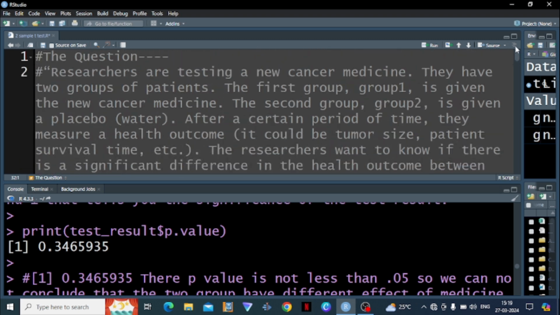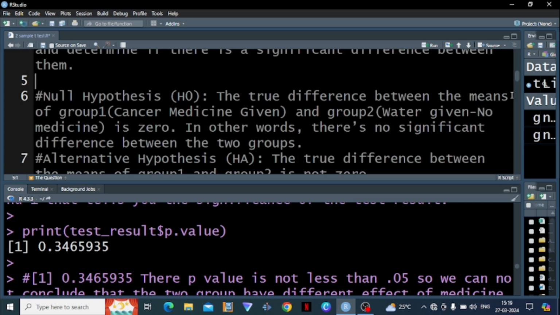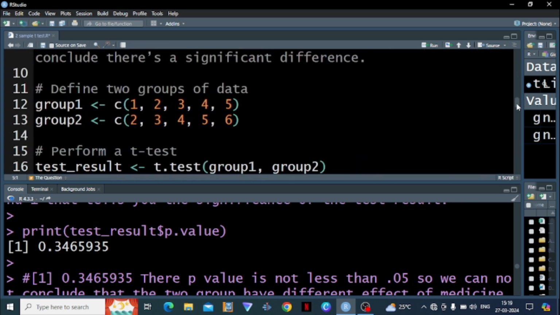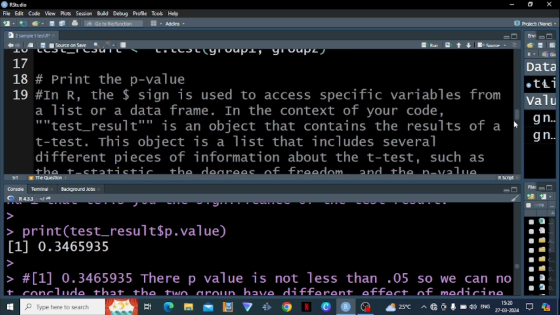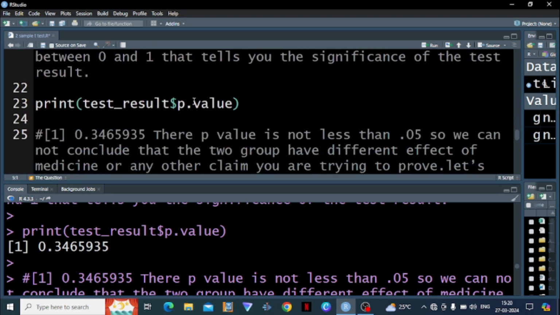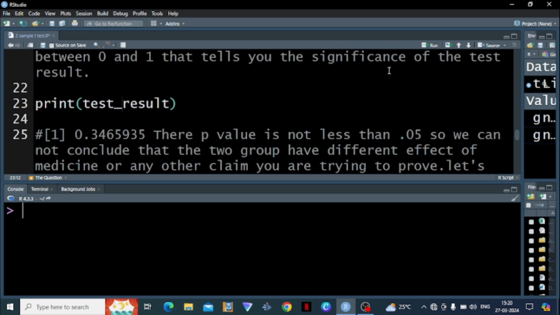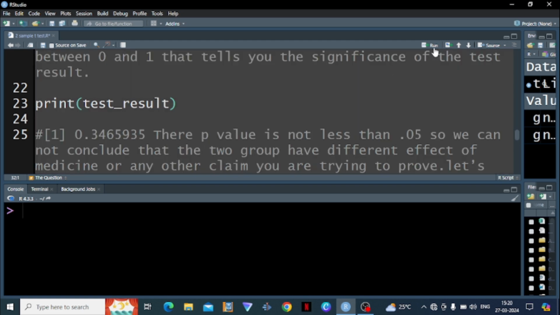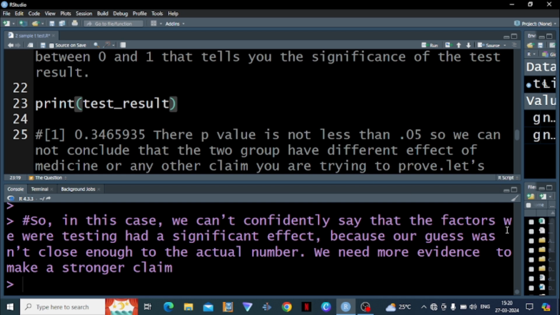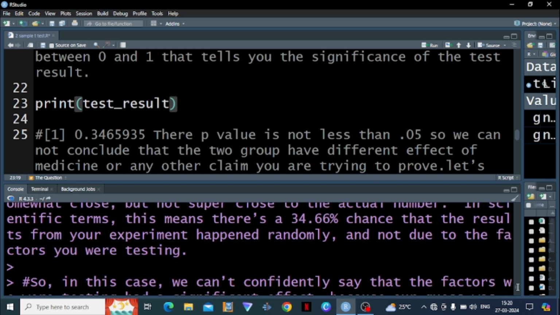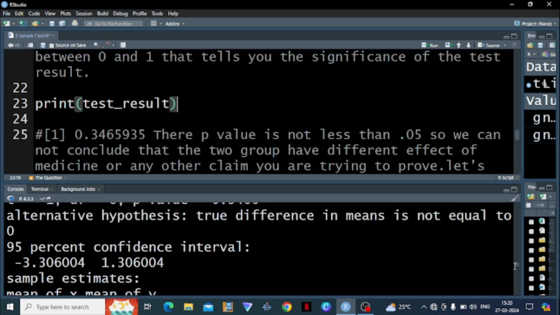Now suppose I want the whole t-test to be shown. Let us see that also. Okay, this is the command. Instead of only the p-value, I want the whole test to be seen. Let us delete this. I want the whole test to be printed. To clear this again, I will do Control K. Run the script. Now, you will see the result here. The whole thing has come now,